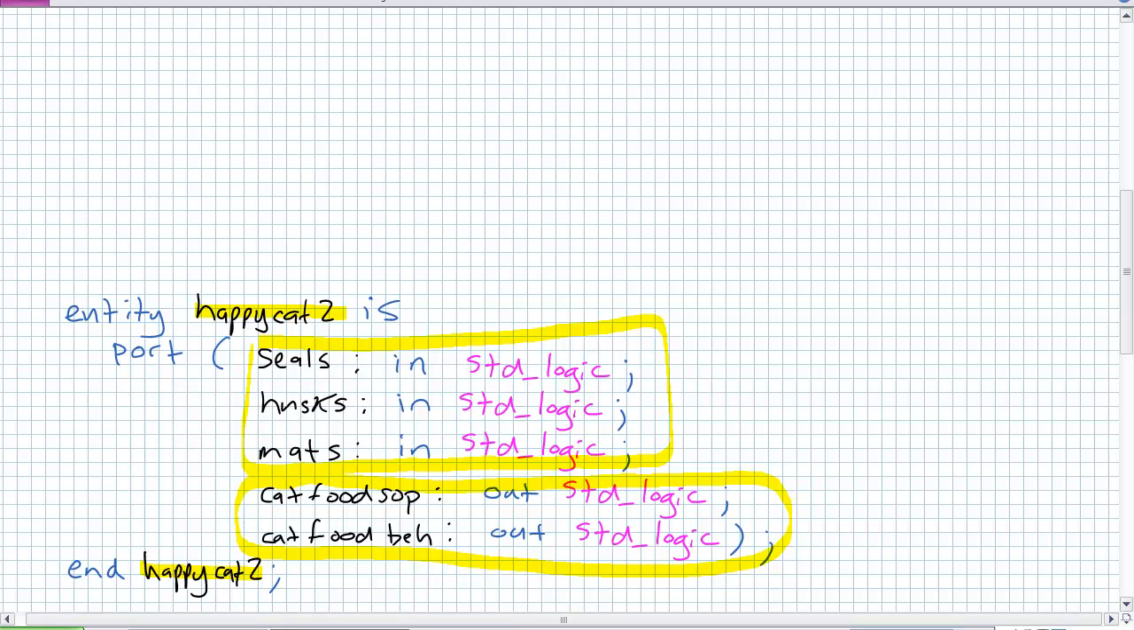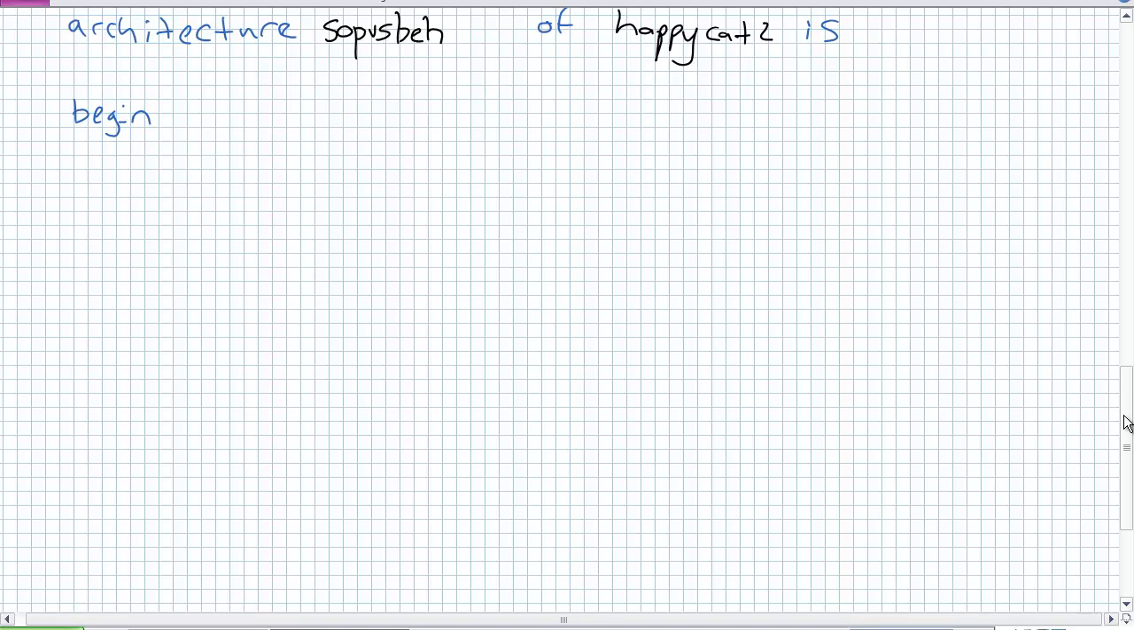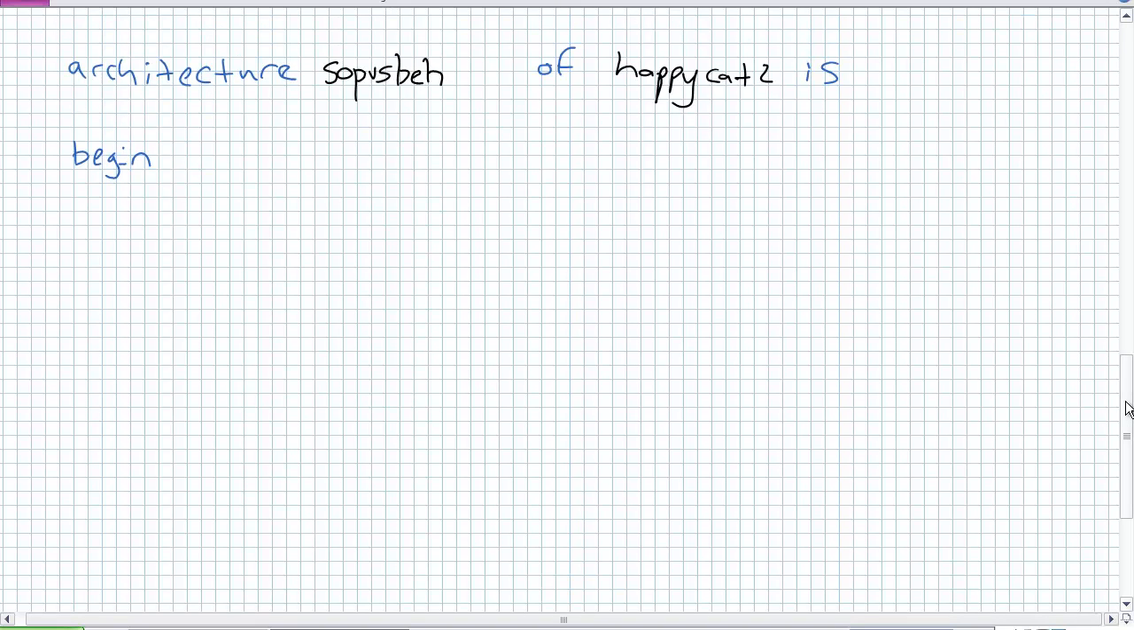Cat food SOP, that's exactly what we just came up with. Seals and husks or seals and mats. Cat food behavioral, once I show you some of these, the select statement, you will see that it will implement the exact same output as cat food SOP. However, you're going to have to put a little bit more effort into it than our 3-minute minimum SOP expression. I got a blank architecture statement, a big old blank architecture statement, because I want to set this thing up to do